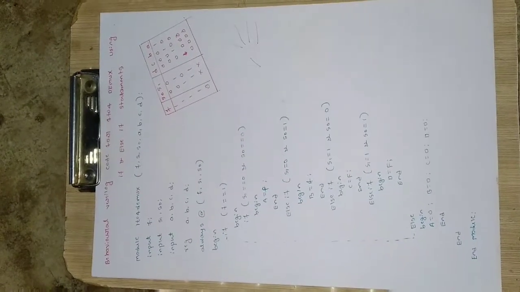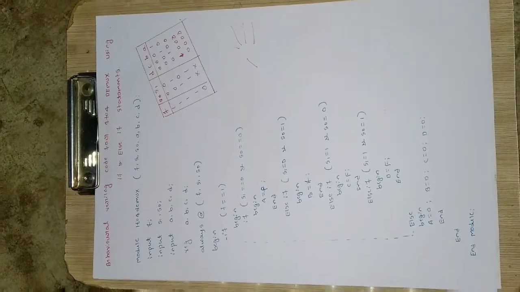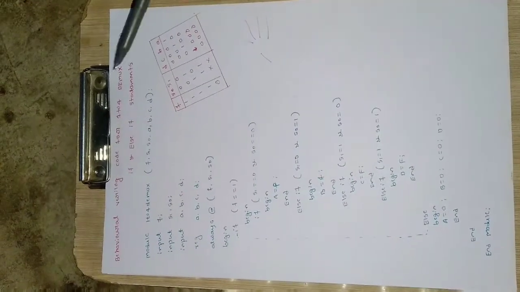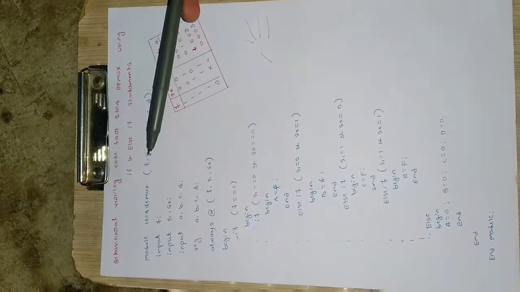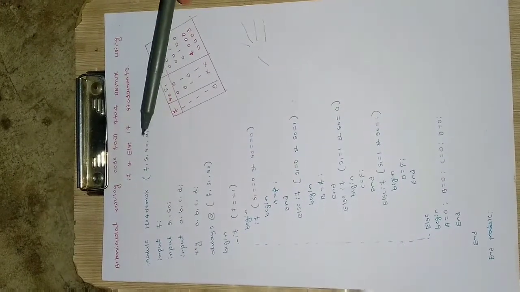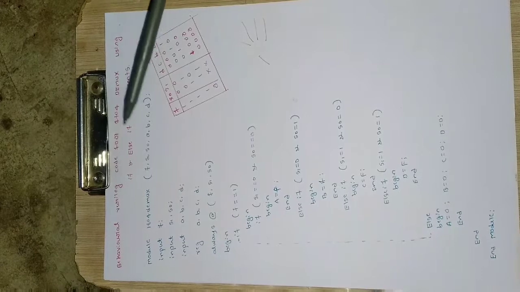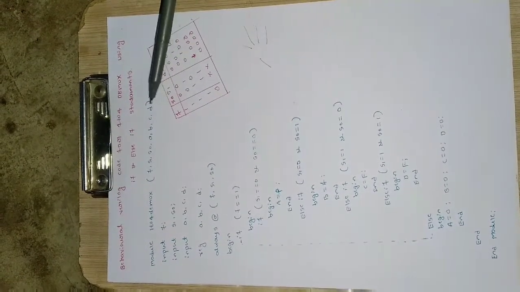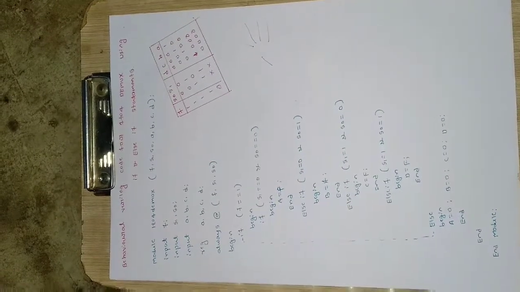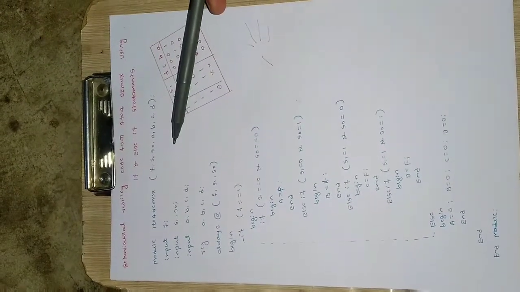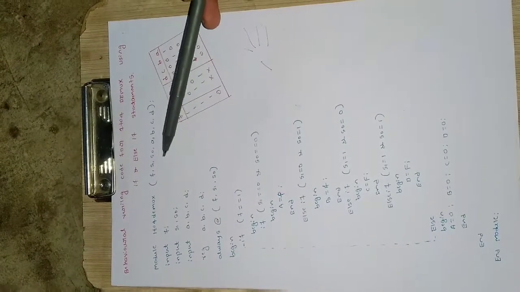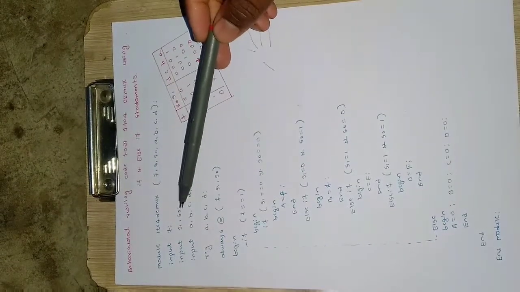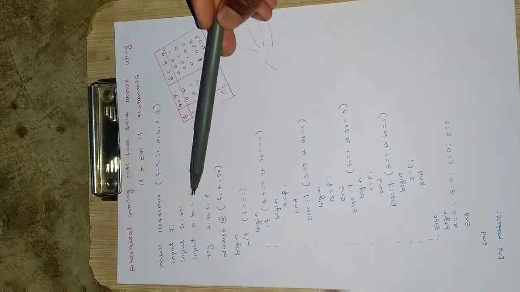Now we have seen the truth table. Now we will see the module, that is the program for this one. I will define the module first. Module 1 to 4 demux, and then we will define the inputs and outputs here. f is input, s0 and s1 are the inputs, a b c d are the outputs here. Then close the bracket and put a semicolon there. Now I will specify which are inputs and which are outputs. So input f, then input s1 comma s0, then output a b c d.